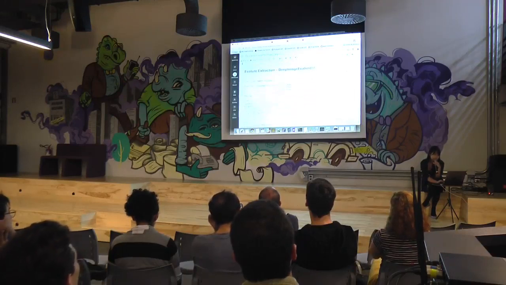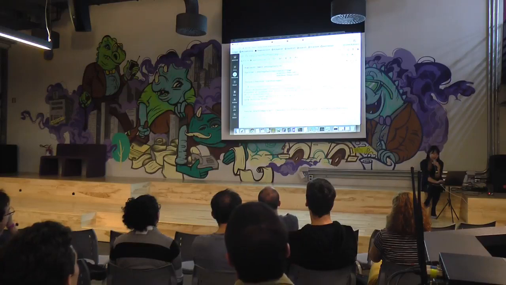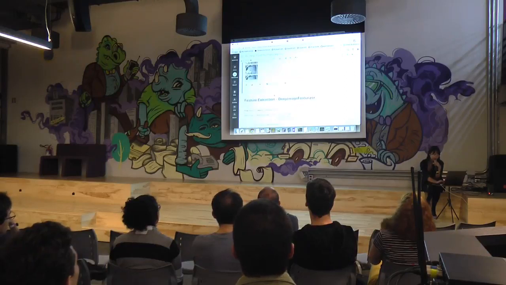Cool. So here we can see that my deep image featurizer ran. And what it did is it basically pulled in the model from the internet, and then we are using that model to transform my image data frame, which is what I just loaded here.